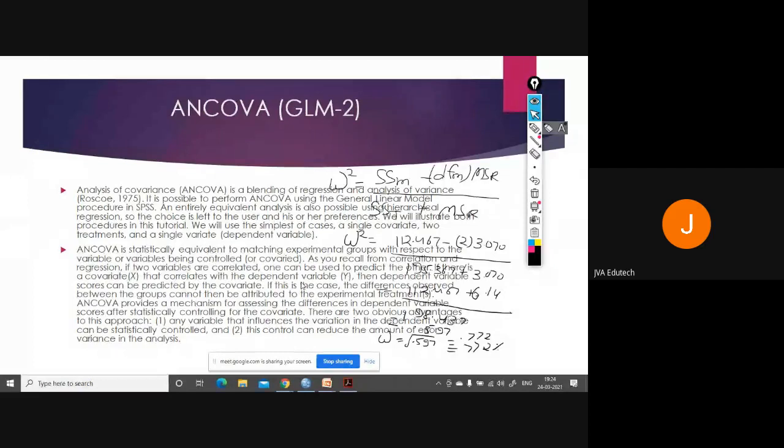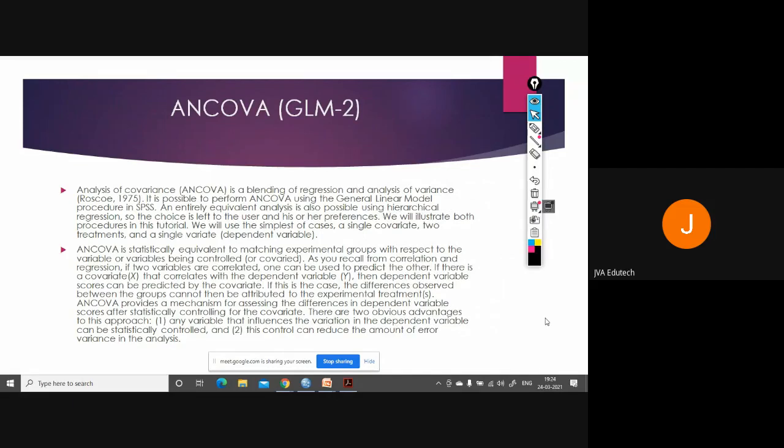So ANOVA can be extended to include one or more continuous variables that predict the outcome or the dependent variable. Continuous variables such as these, which we include from outside and which were not part of the main experiment but have an influence on the outcome, are known as covariates.